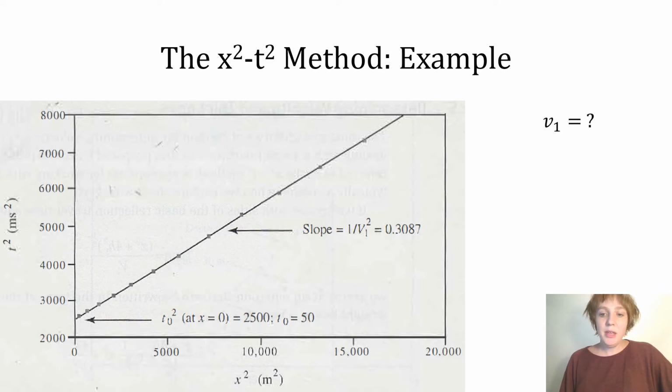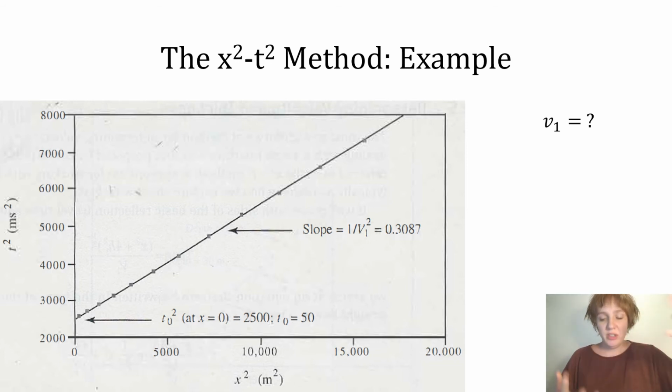The next step is to figure out the velocity. Well, this is the whole reason why we use the x squared t squared method. It's so simple, it's so similar to refraction, because all we need to do is to look at the slopes, except in this case, instead of the velocity being equal to 1 over the slope, the velocity is equal to 1 over the square root of the slope. So again, this is just the velocity of whichever layer it is that those reflections came off of. So we're talking about the layer above that, right?